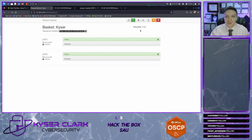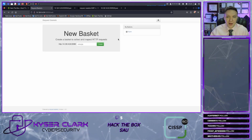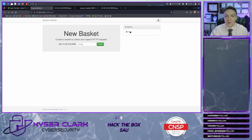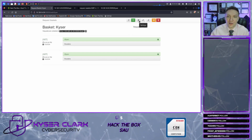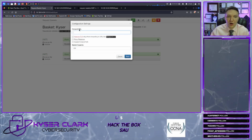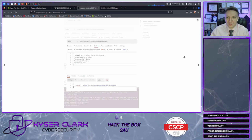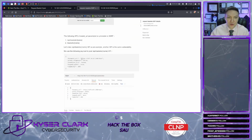Alright, so to exploit this vulnerability, the first thing we need to do is go to our basket. If we go back to the home of port 55555, we can see my baskets. Click on our basket again, and if we click the gear settings icon here, we want to put our forward URL. Remember, it said forward URL. Oh my gosh, I clicked it and it went full screen on me. I was trying to copy and paste it. So right here,